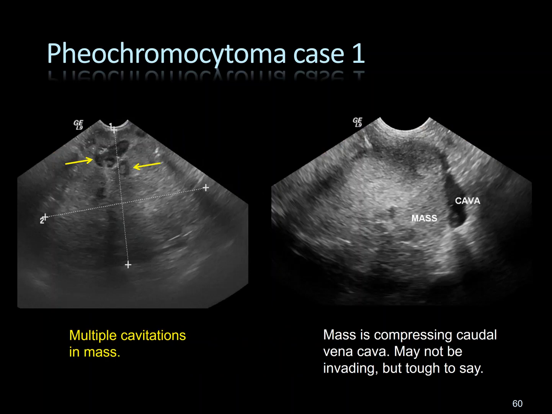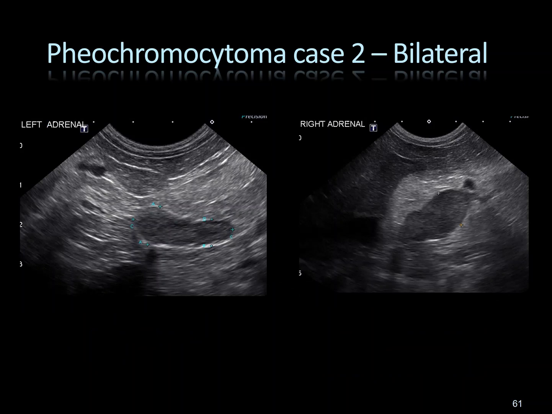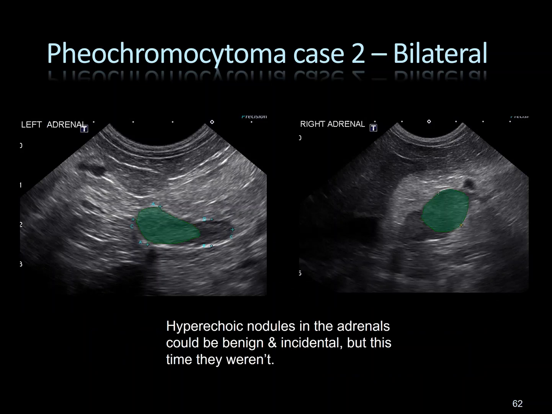There were cavitations in it. Again, highly concerning for something malignant. Pheochromocytoma would be on your list. Still can't rule out a carcinoma, but either way, probably something malignant. And they don't have to be nearly as big. Another case,